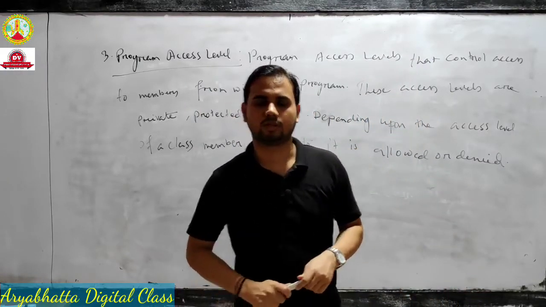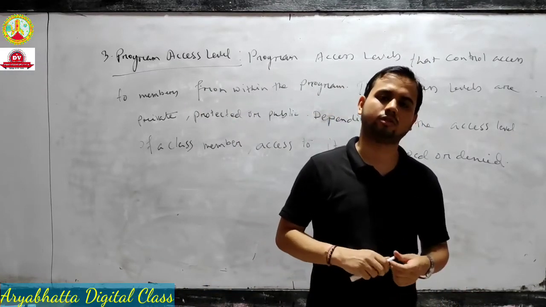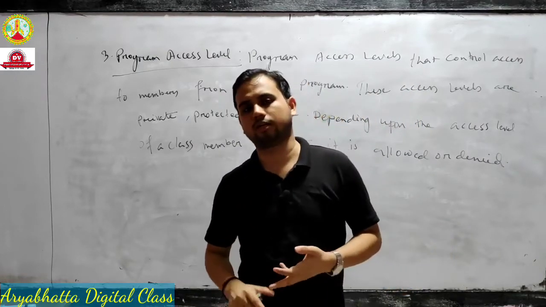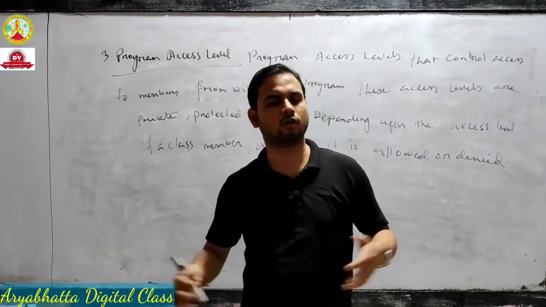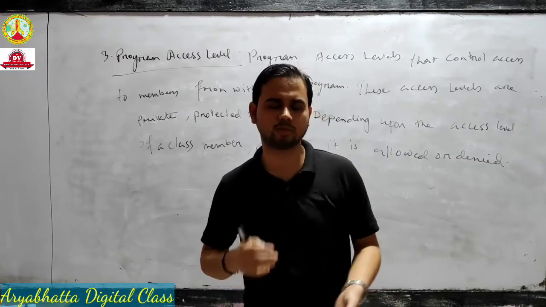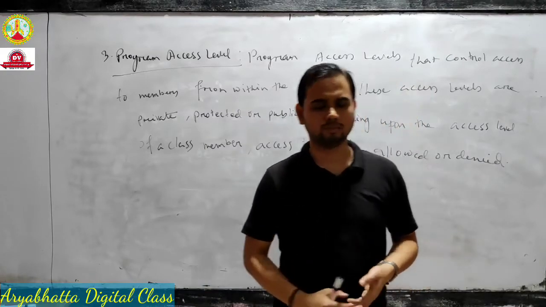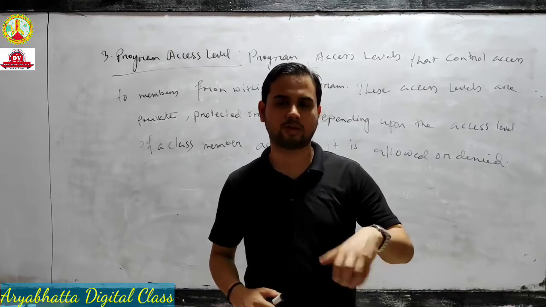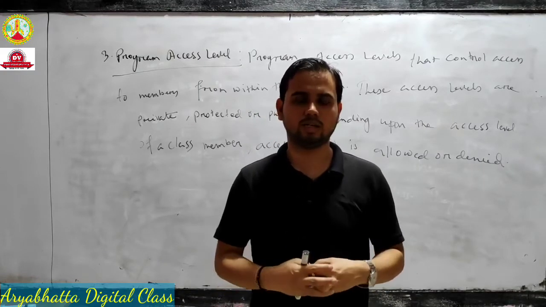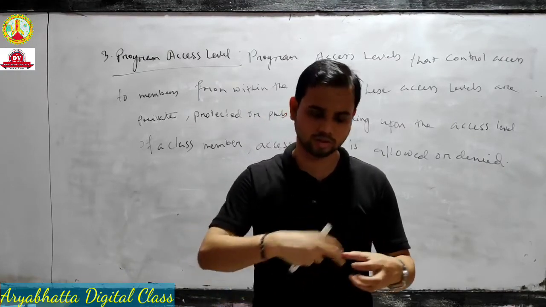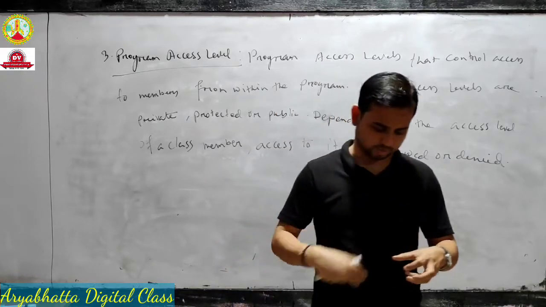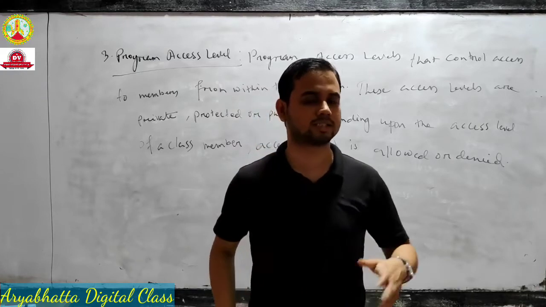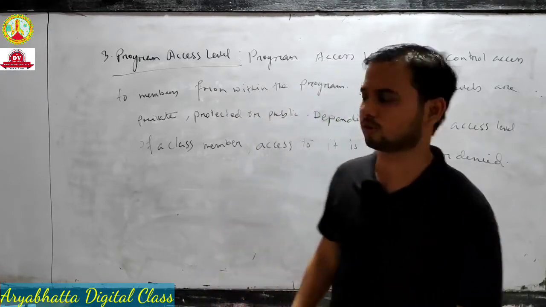You see, in your Facebook account also, when your photo is public, your profile picture will be seen by all your friends. And when it is private or protected, you have only some specific accessibility. Suppose only your family or only your close friends can see this profile picture, which means others don't have the permission to access your photo. That simple concept is here.